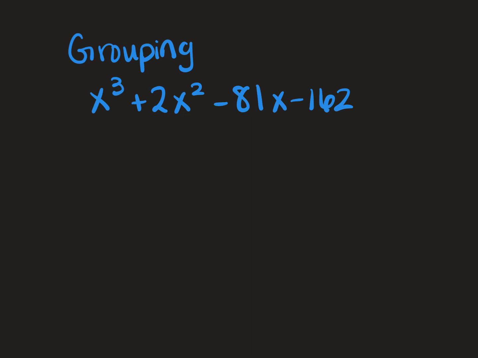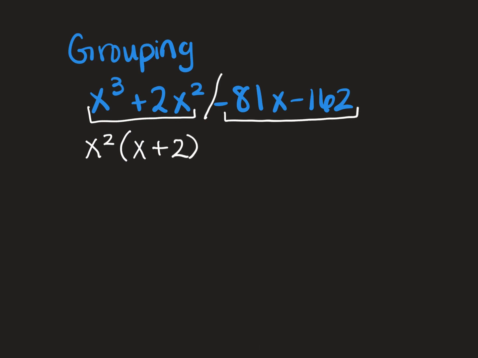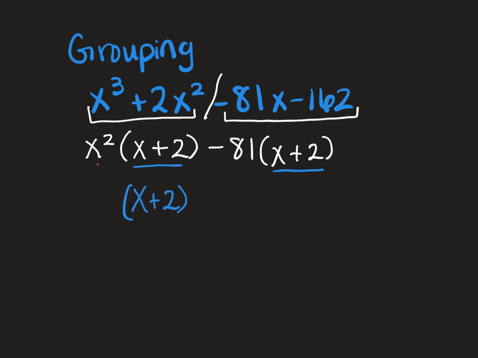So again, if you see 4 terms, you can split it in half. I'm looking at that first group and I see that they have a GCF of x squared, leaving x plus 2. And the second group has a common factor of negative 81, also leaving x plus 2. I see that the parentheses are the same, so I can factor out that x plus 2. And what's left will be x squared